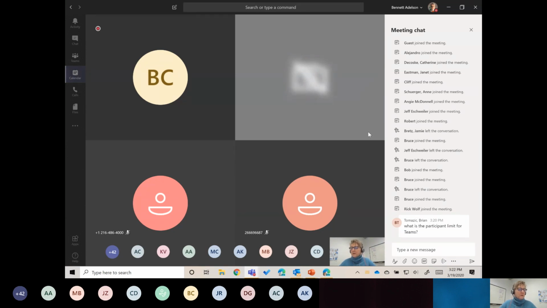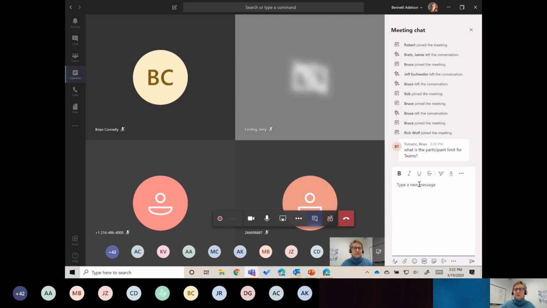Okay, so we talked about the menu bar, and we're looking at show conversation. Notice that there are some icons down here below the type a new message box, and these are things that you'll want to take a look at. I'm going to look at some of them a bit more. We have similar icons when we get into chat in Teams, but if you wanted to attach a file, you would click the attach icon.